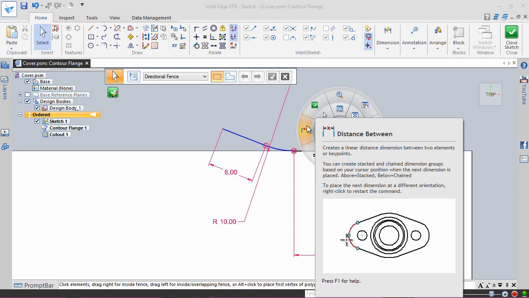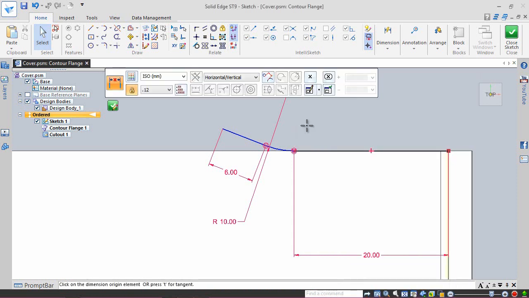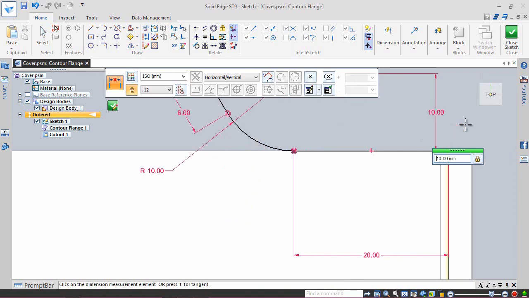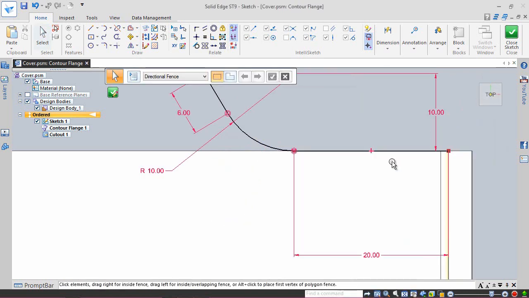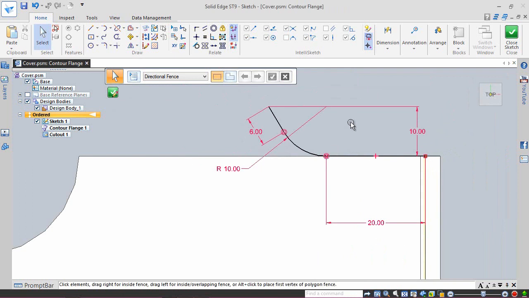Using the distance between tool, apply a dimension of 10 mm between this point and this line. Close the sketch using the green check mark.